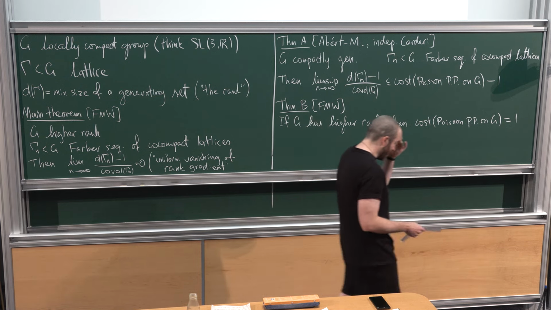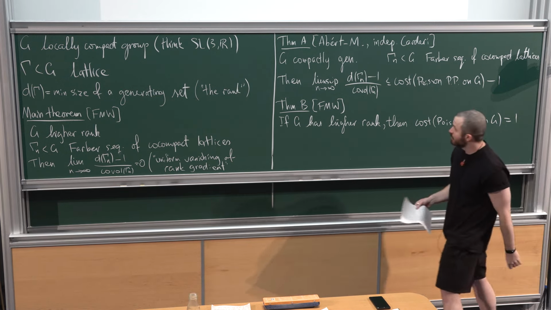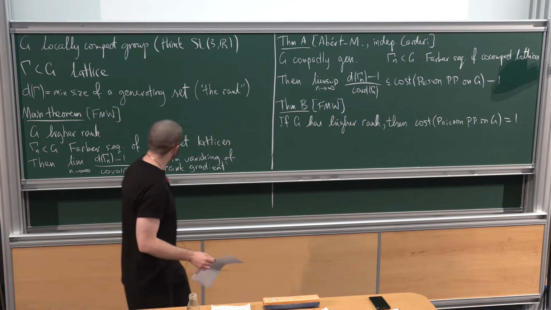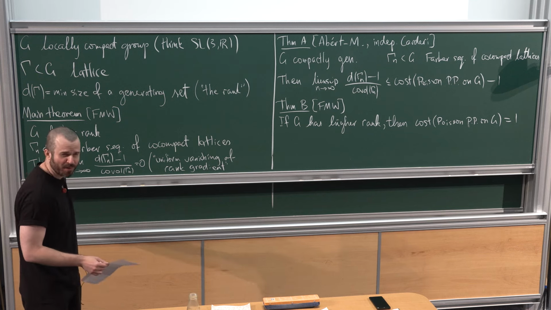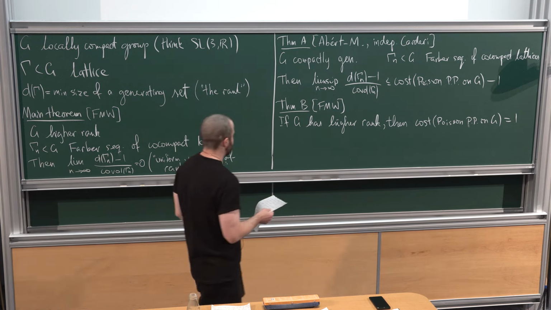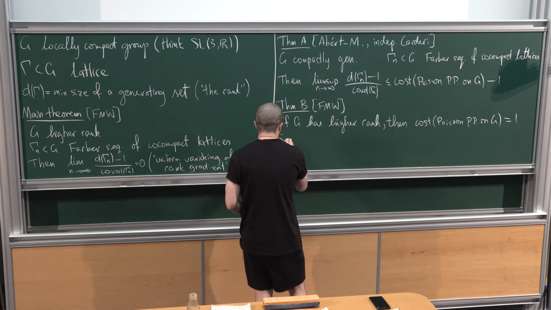And at this point, if you ever cracked open this paper with Mikolaj, you might be wondering, what's the big deal? We prove something about rank, but you open up the paper, and we don't say anything about rank. All we talk about is cost. And this isn't really a bait and switch. So let me give you a quick spoiler